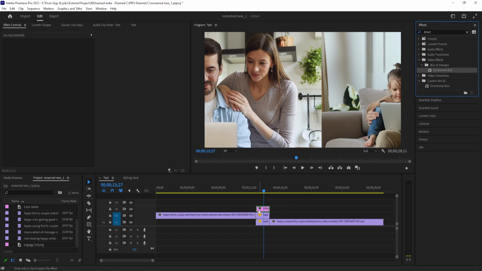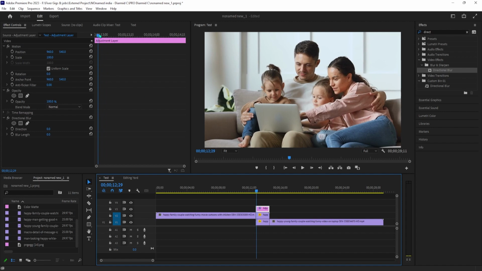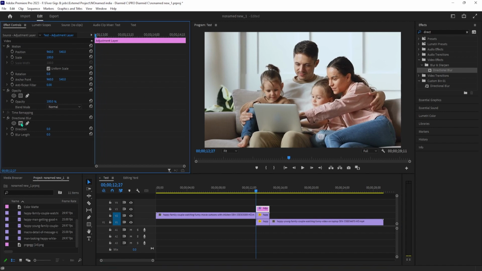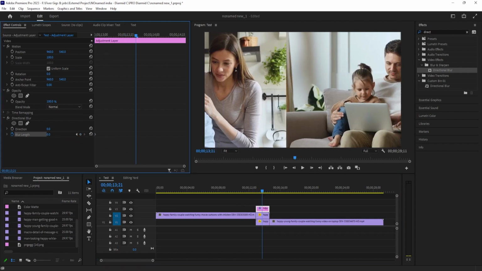Okay, now make sure your adjustment layer is selected and move the playhead to the start of it. Now let's go up to Effect Controls where we'll find our Directional Blur effect. Click the stopwatch next to Blur Length to create a starting keyframe for the blur. Then move the playhead to around the middle of your adjustment layer and increase the blur to your liking to